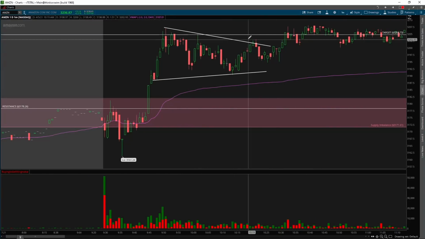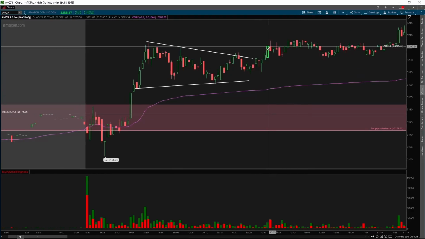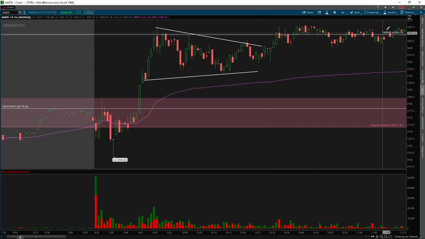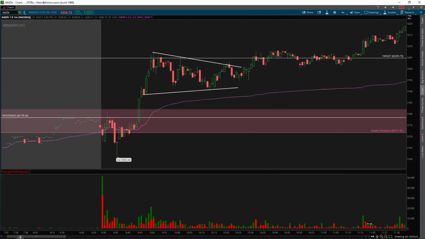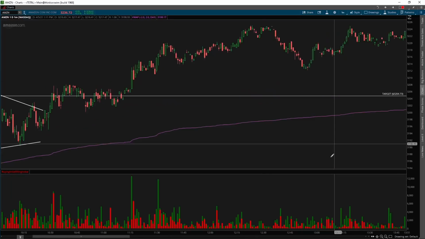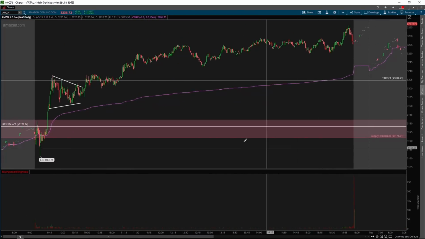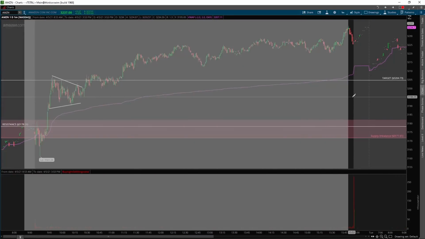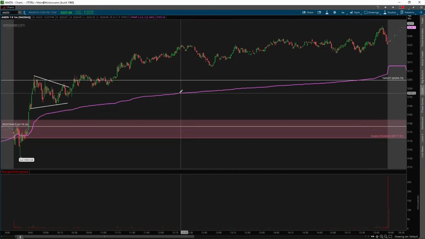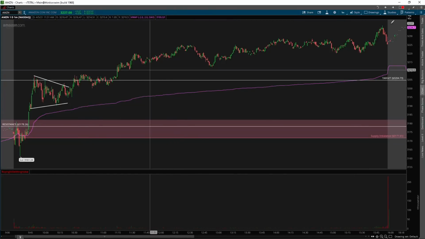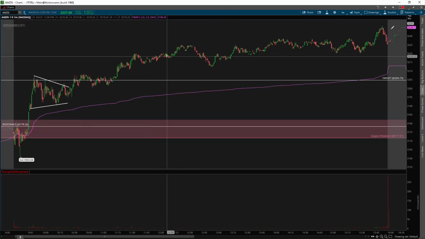Then we were flagging. We broke above the flag, tried to get above resistance, and at this point, I did not watch it due to the action that the market was telling me. It was choppy, consolidating, low volume at the highs. I want to ignore setups like that. The quality becomes so much lower, and it diminishes the type of returns and the type of setups that I enjoy trading. But we did rally on low volume. I don't like seeing gaps, especially on Amazon, but it happens.